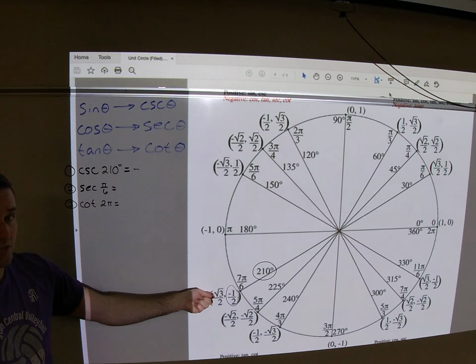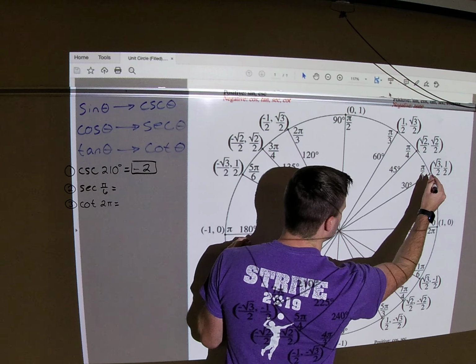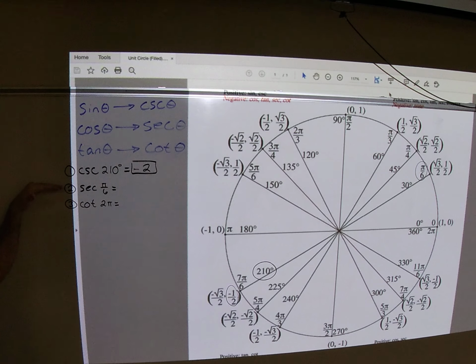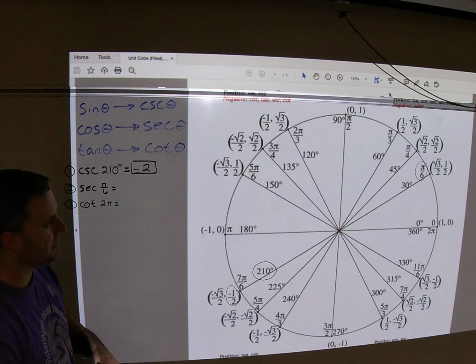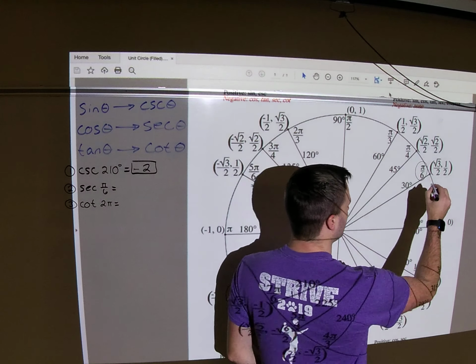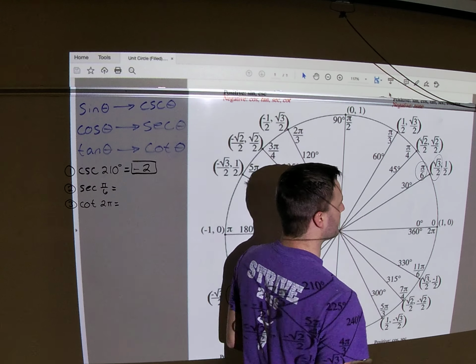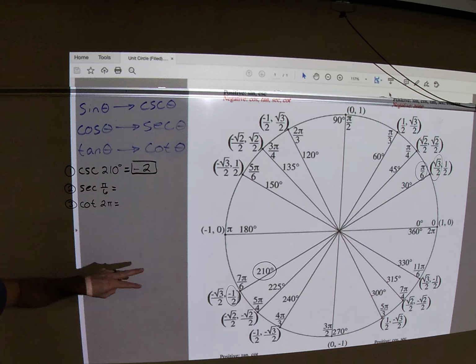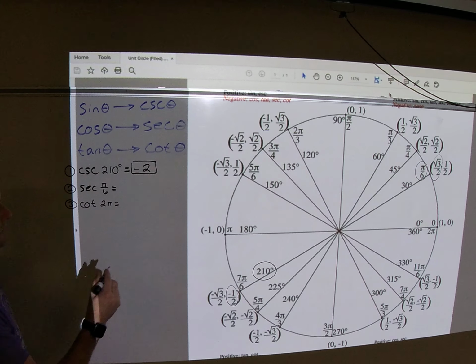In the same way, secant, now dealing with radians. Looking at my radian measures, I have pi/6. So over here, here's pi/6, and I want to figure out what is secant. Now, at first, cosine goes with secant, and so my cosine value, which is my x value, so what is the x value of pi/6? Well, my x value of pi/6 is going to be radical 3/2. But I don't want radical 3/2. I want its reciprocal, called the secant, which would be